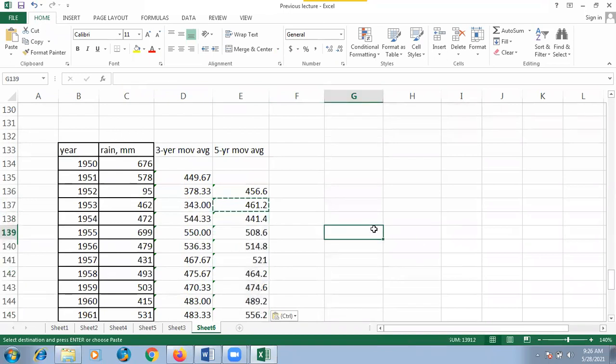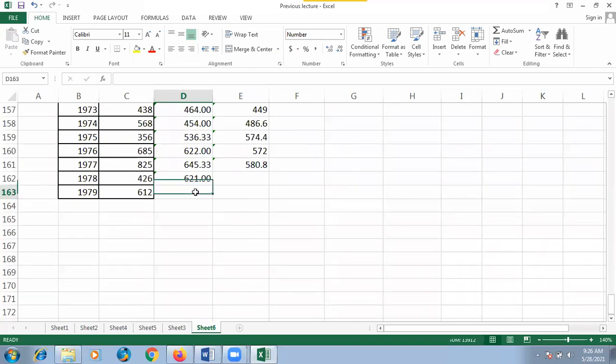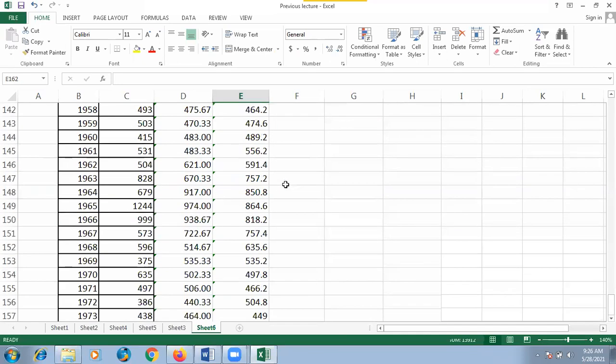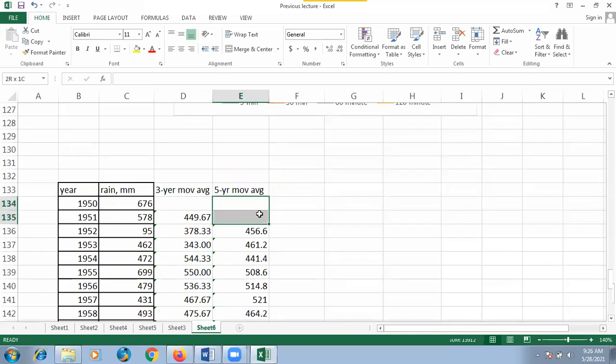Okay. Please remember one thing here. When you do this, for 3-year moving average curve, you have no data in this particular row. Similarly, the last row will also not have any entry. For 5-year moving average, 2 rows in the end, 2 rows in the beginning will not have any value determined because we are doing it in sets of 3 and sets of 5. That is another thing what you need to remember.